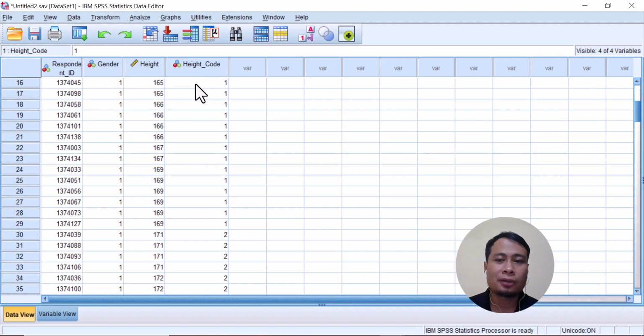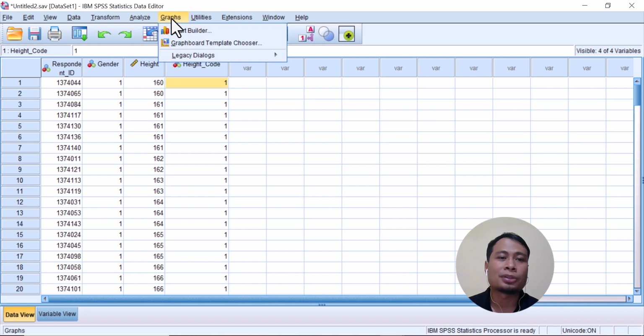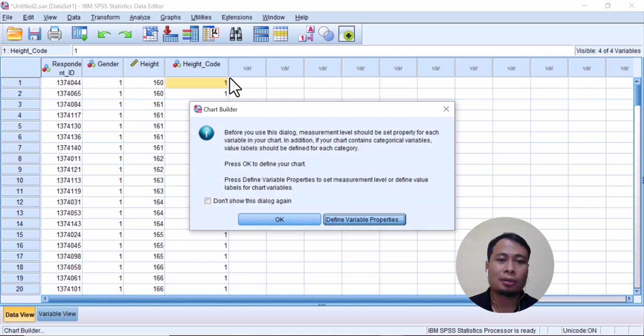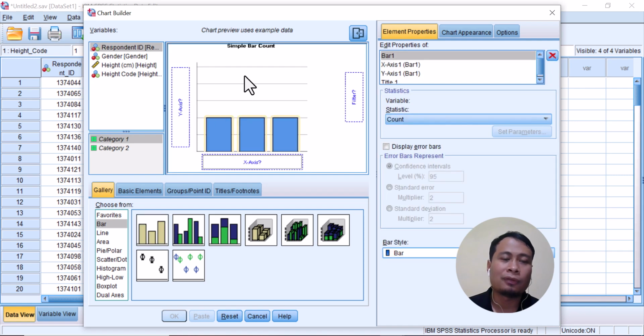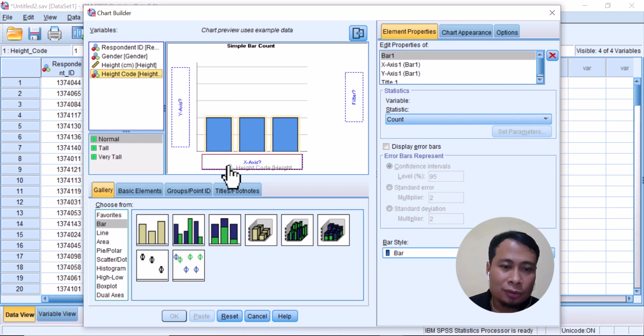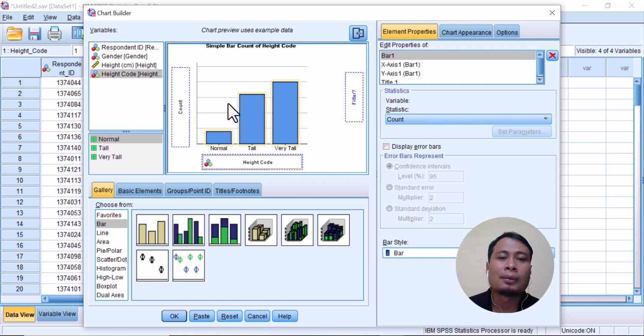After generating this height code variable, let's try to create a simple bar graph using this variable. To create the chart or graphs, go to graphs options here and then click chart builder. Okay, just click OK, and then let's choose the chart that we want to apply to the category. Let's click this bar chart, this simple bar, and then drag it into the gallery preview box here. Okay, and then click the height code here, move it into the x-axis box here like this. Okay, which means you want to visualize this normal, tall, and very tall category